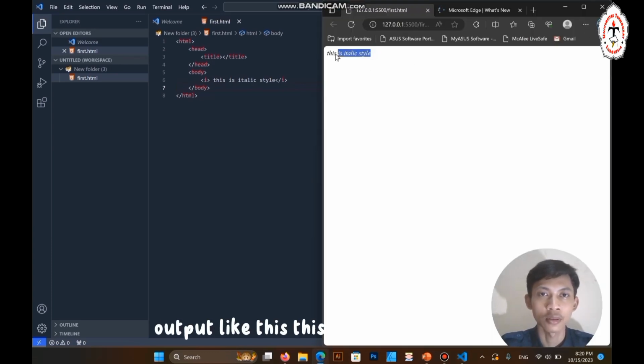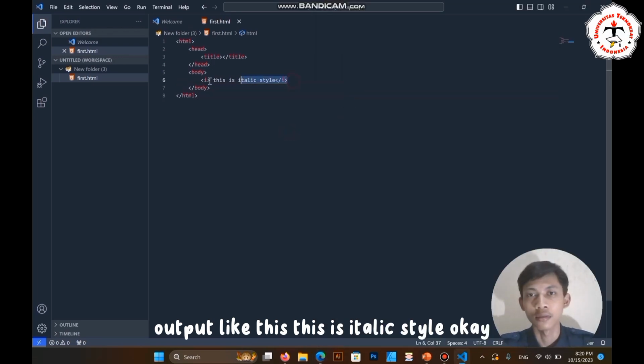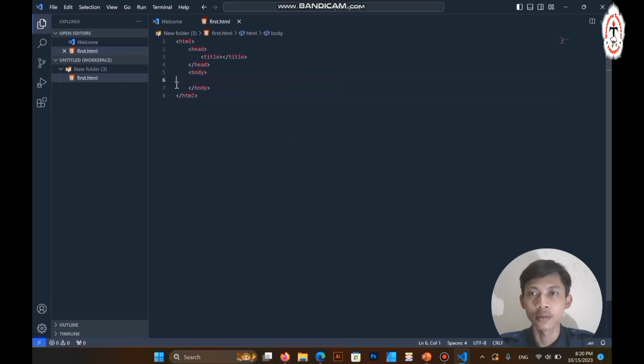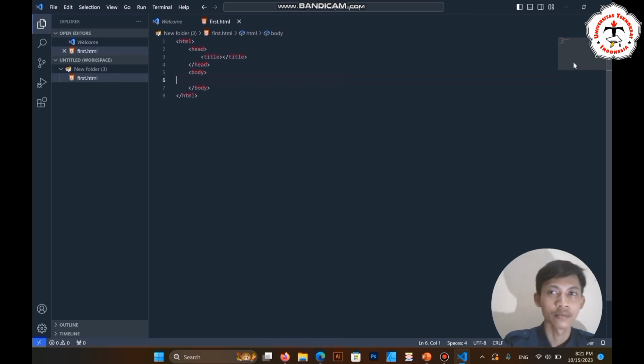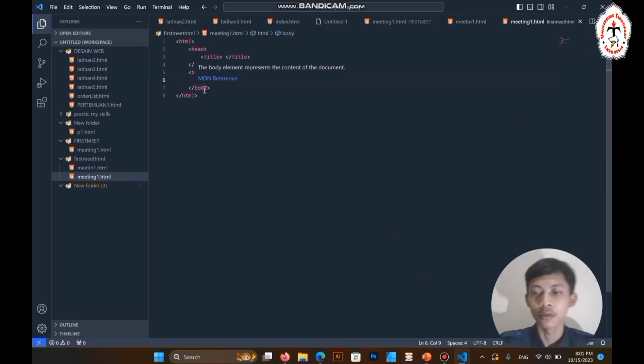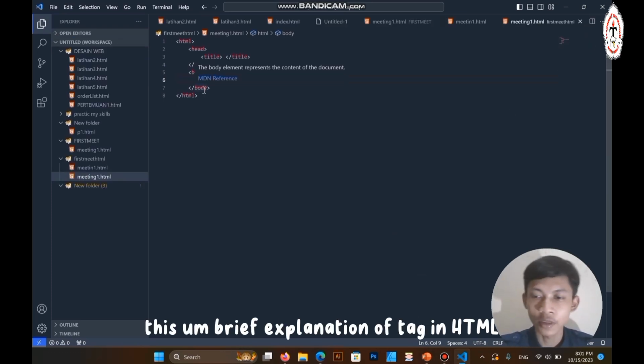Output, and yes, it is in this italic style. Okay, delete. That's a brief explanation of text in HTML.